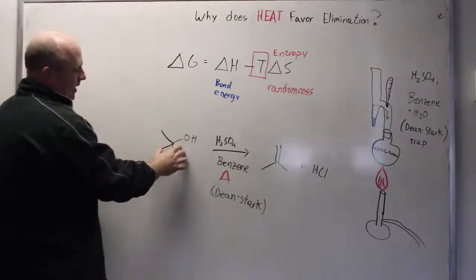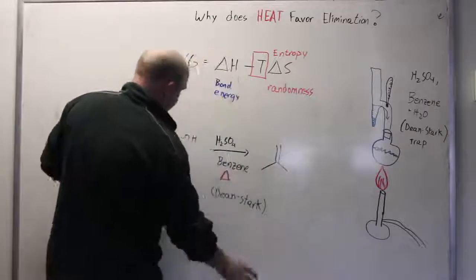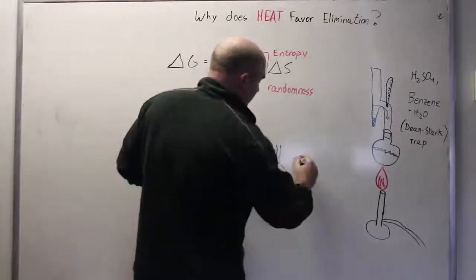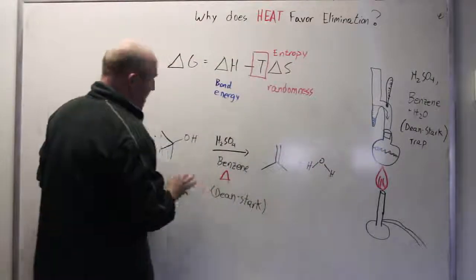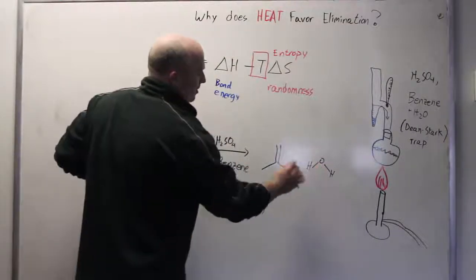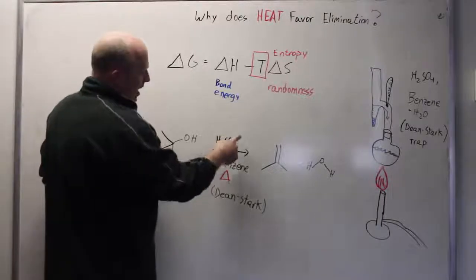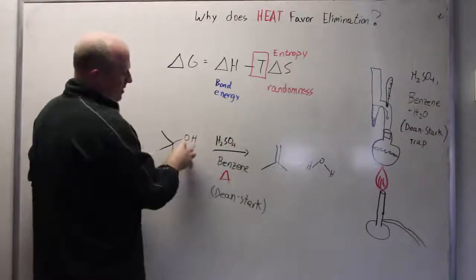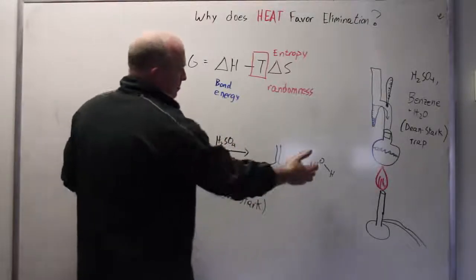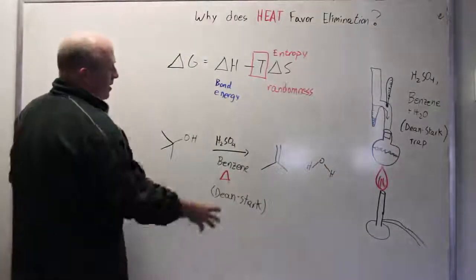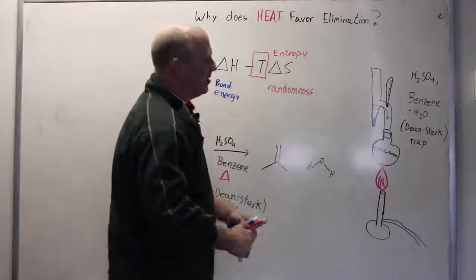I would now like to highlight that we're not going to be generating HCl at all, but what we will be generating, the thing that will be coming off on the far side, is water. So again, this is an illustration of the fact that elimination as a reaction almost always generates small molecules. Frequently water is one of the byproducts that we generate. So here we have sulfuric acid. That causes this to become a better leaving group. It then leaves, and then something comes along and deprotonates. We've now generated water. We're now running this reaction in benzene and we're heating it, and we have a Dean-Stark trap